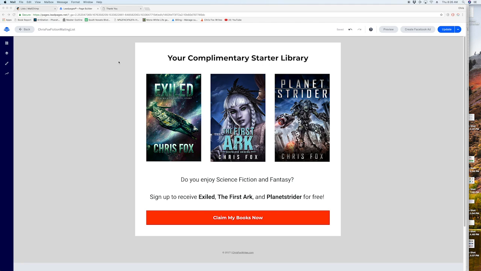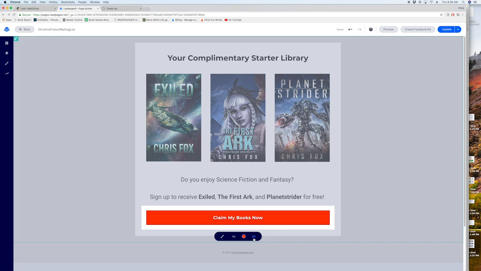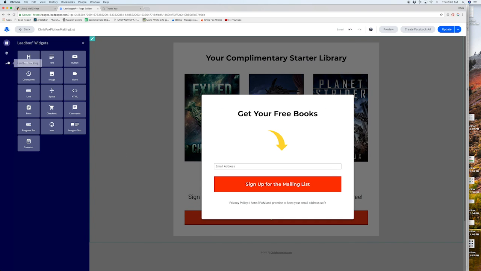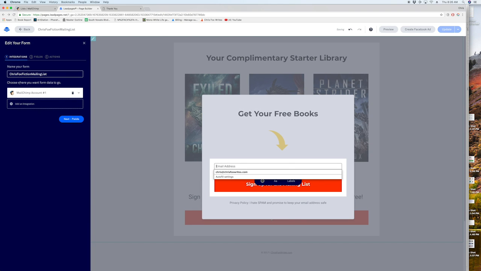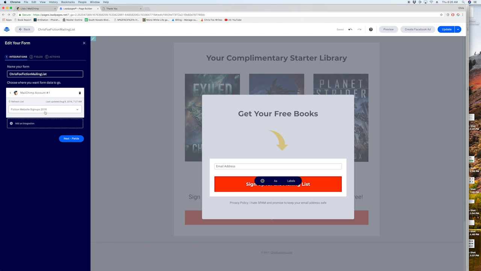But I wanted to approach it more granularly once I had an idea of all the work that needed to be done so I can start checking off boxes and doing whatever I can do now. And the beauty of LeadPages is if you go into the mailing list connection, so I'm going to do that now, I'm just going to go through these controls very quick. Over here on the side, you can see I've got integrations, and it's integrating directly into whatever list I tell it to. What I can do is change it from MailChimp to ActiveCampaign or any other integration that I've got. So if I do all my work putting together all of my landing pages, that work is not wasted if I choose to move to a new provider. And so I'm building with that in mind to prepare myself for that inevitable switch that I'm going to have to make at some point.